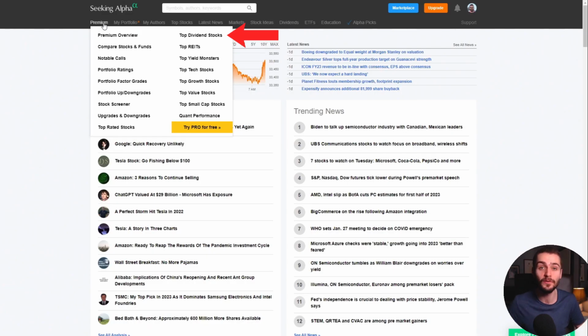This level of data is available for most publicly traded company stocks as well. You will find outliers where certain data points aren't available, but for the most part, Seeking Alpha is reliable for delivering the data you need. You'll also have access to the top rated stocks on Seeking Alpha in many different categories, from dividend stocks to REITs, growth stocks, value stocks, and small cap stocks. Again, this is helpful for coming up with potential ideas for investments, not investing in a stock simply because it's top rated on Seeking Alpha.